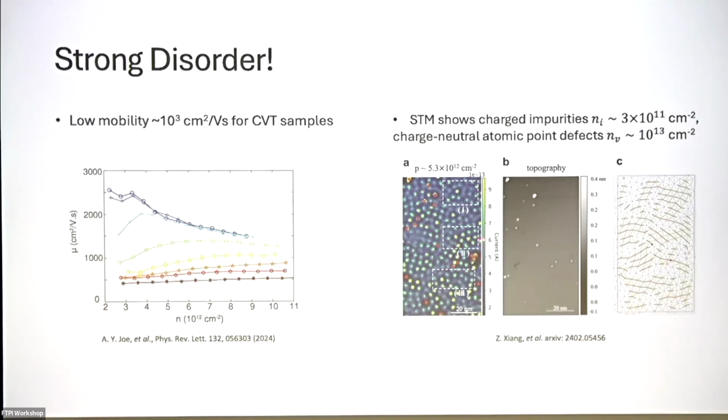This means the electrons in the Wigner crystal are pinned by the disordered charge impurities. And they show even the image of the maps of the Wigner crystal, and some regions are liquid, some regions are pinned Wigner crystal. So this means there's an interplay between strong interaction and strong disorder physics in this system, even if we go to not very low density.